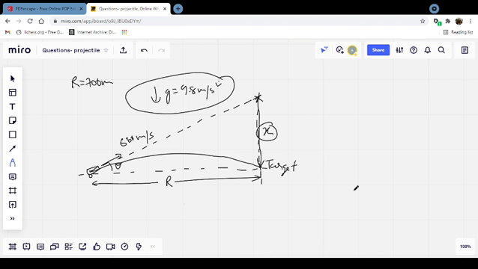So how do we approach this? Let's say x by r is tan theta. At least we can guess this much from this figure. So this is one equation. Next, we know the equation of the range of the cannon. The range of the cannon is v squared sine 2 theta upon g. Now it is also given to consider theta as small.